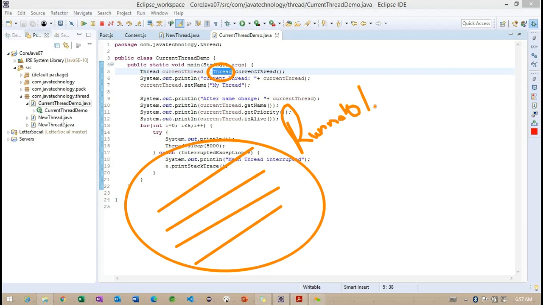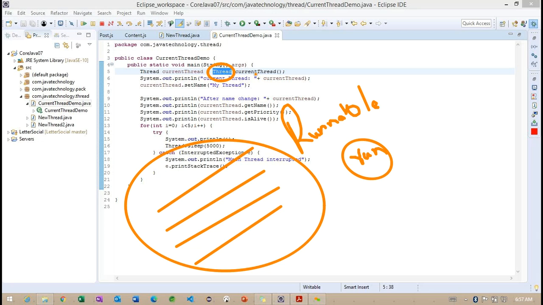Basically only one method is available, known as the run method. Whenever we implement this Runnable interface, we have to override this run method to provide the multi-threading features here.